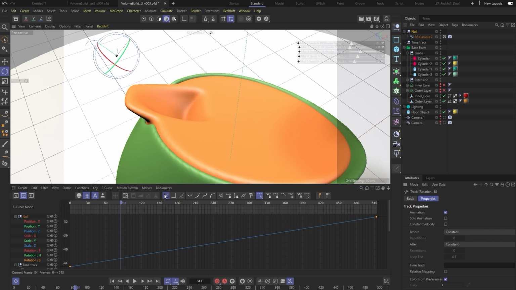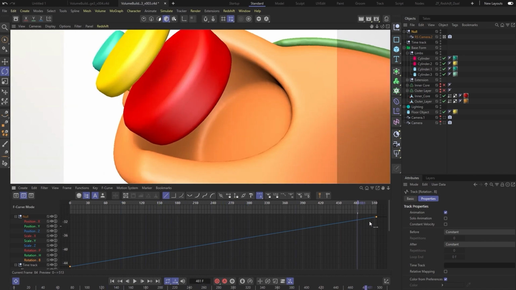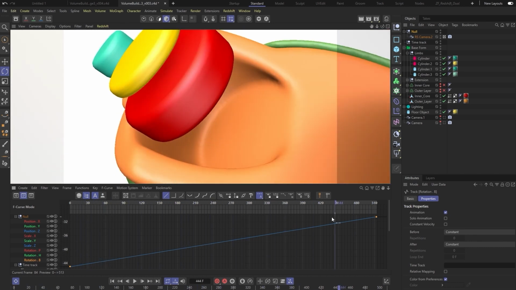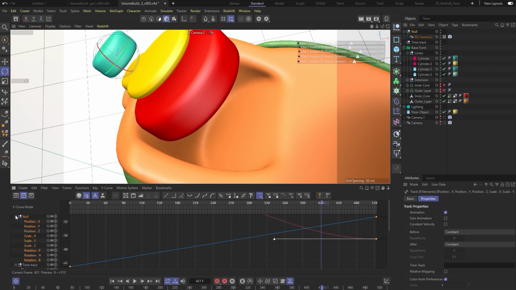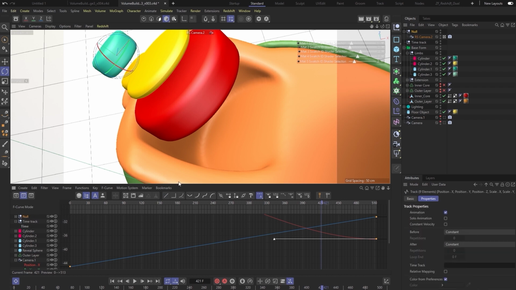So what I'd like to do is just convert them to linear. For now, this will suit me perfectly. I will adjust any timing in the framing later, but I'm not really interested in slowly building, especially for this camera move. I just want it to be a nice steady pace. And I'm turning all these keyframes to linear.